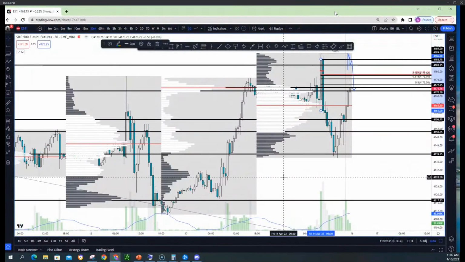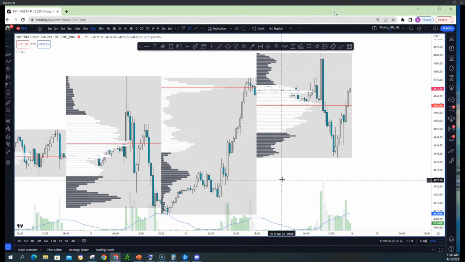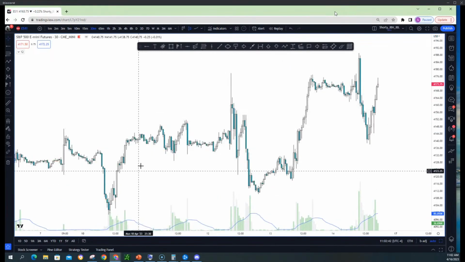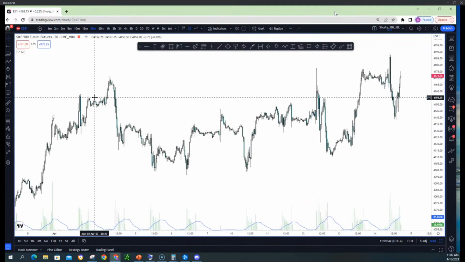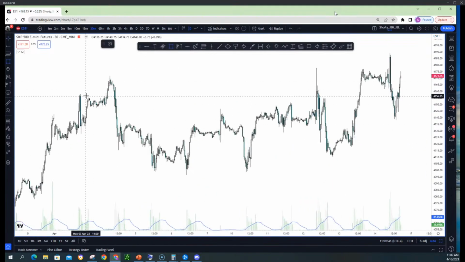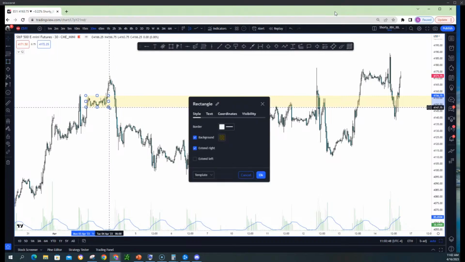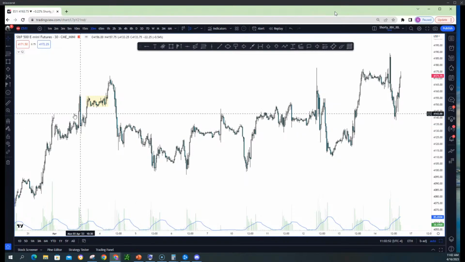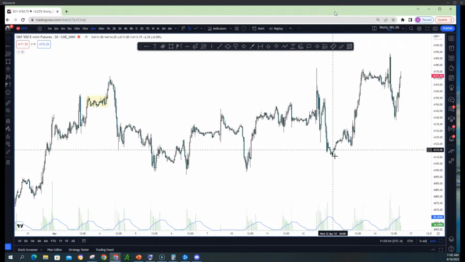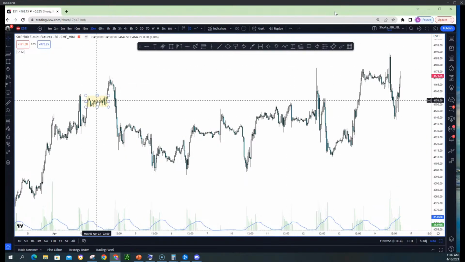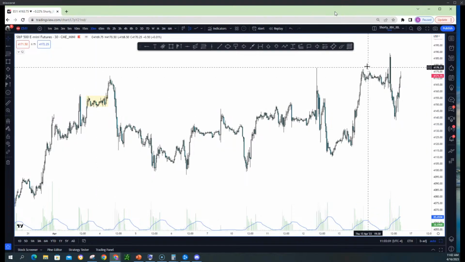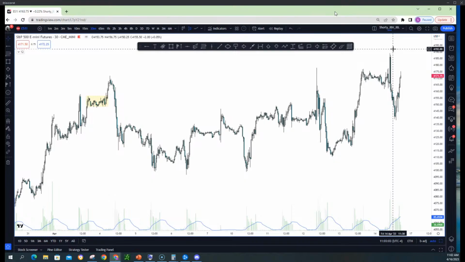And they did this identical setup before, if you guys pay attention. I will remove this so you guys see it. They did this identical setup here. Go back on your volume profiles and look at this. There's your sell. Here's your sell. They came back, consolidated, and they say, hey, look, guys, we're going to go higher. They sold. Hey, guys, look, we're going to go higher. And what happened?